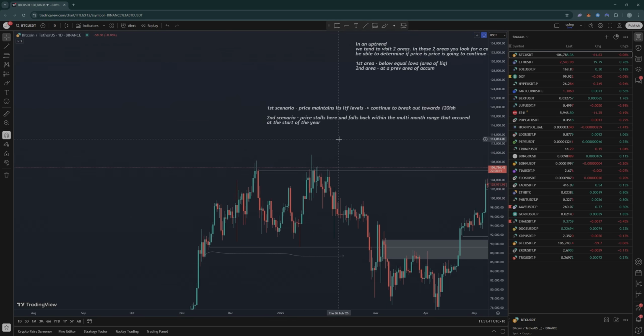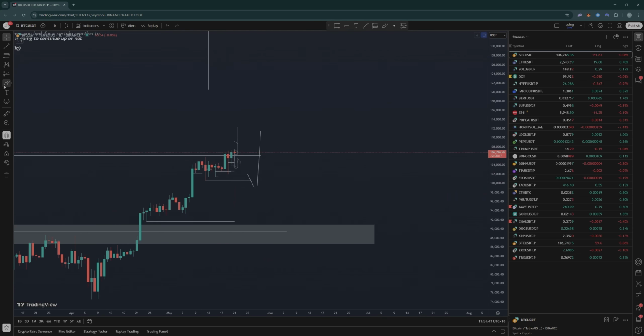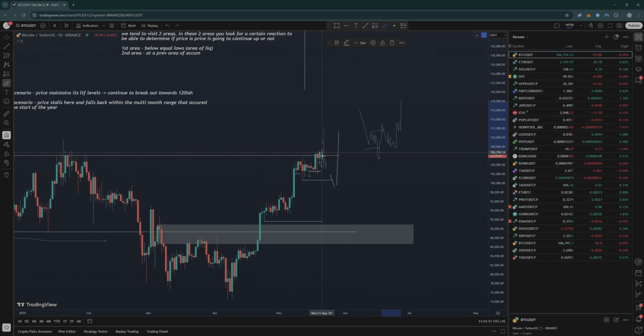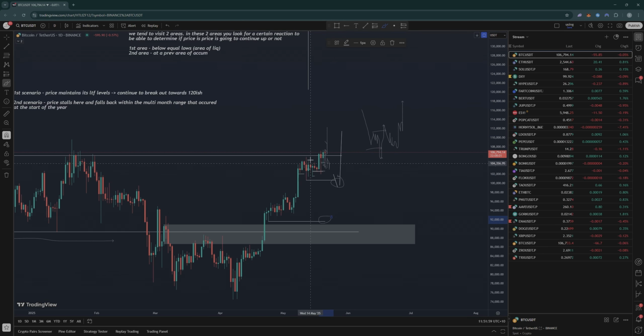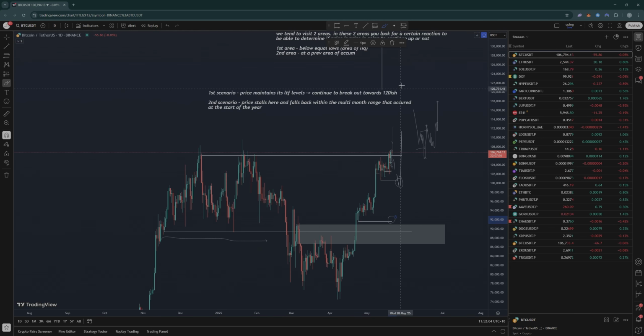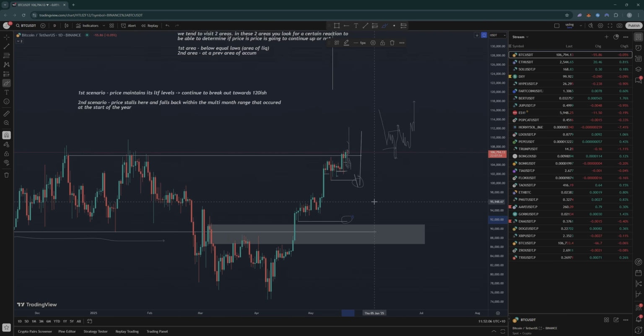Now, accumulation is literally just the same pattern. So let's say we drop below the lows, you get some lower time frame lows form, and then a breaking structure, a retest, more accumulation. So we could drop below here and get that pattern, or we could drop below here and get that pattern. Okay. So first scenario is that these lower time frame levels hold, and then we continue up and we really start to go parabolic over the next couple of days. The second scenario is that we reach below these equal lows and get more accumulation, or reach below these lows, which would not look very good for alts, and get some more accumulation there, right?